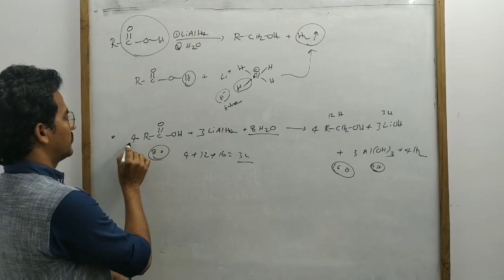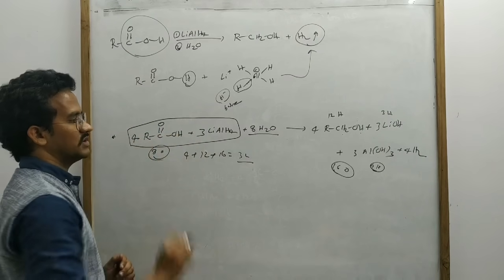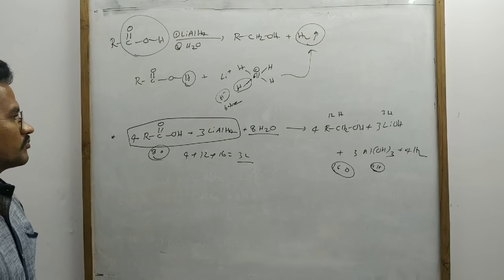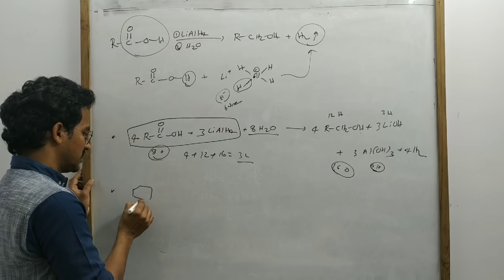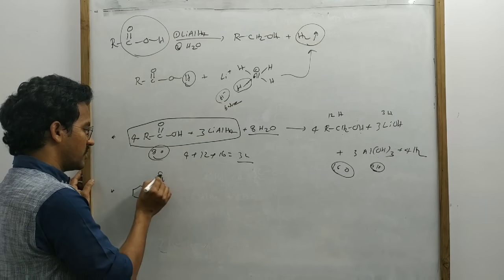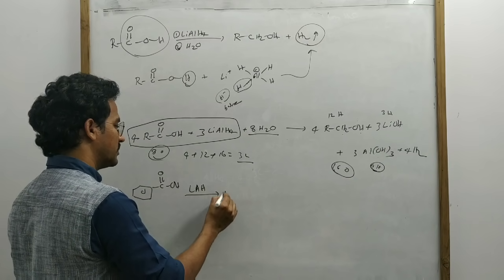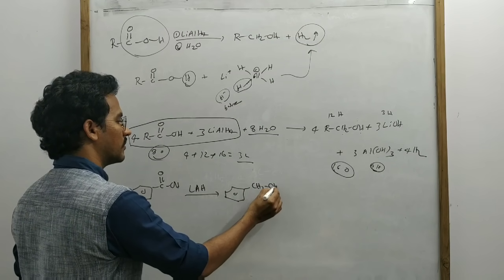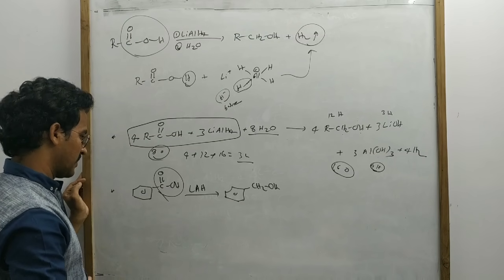So your point is 4 equivalents of the carboxylic acid is reduced by the 3 equivalents of the lithium aluminum hydride. Okay, that's it. And next here, so we'll discuss some examples. So this benzoic acid on reduction with lithium aluminum hydride is converted to simply benzyl alcohol. Okay, the COOH converted to CH2OH.